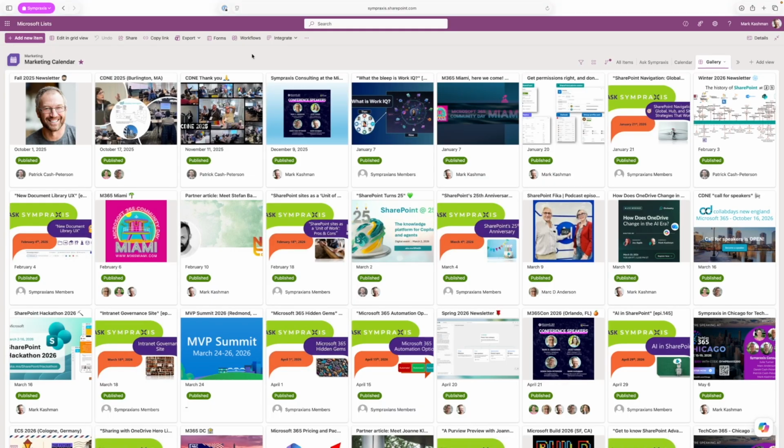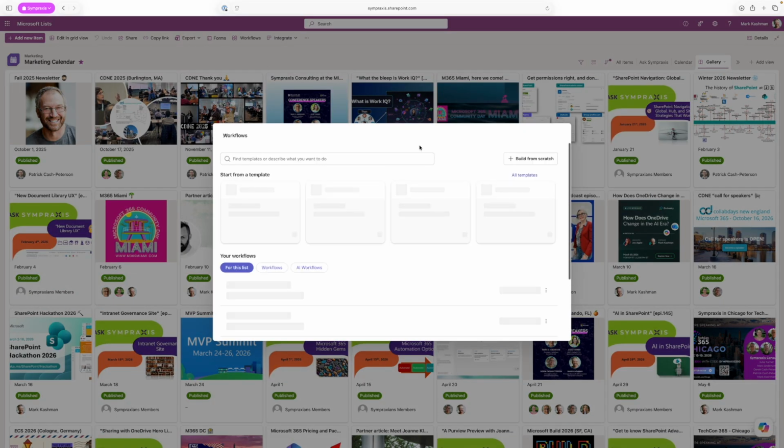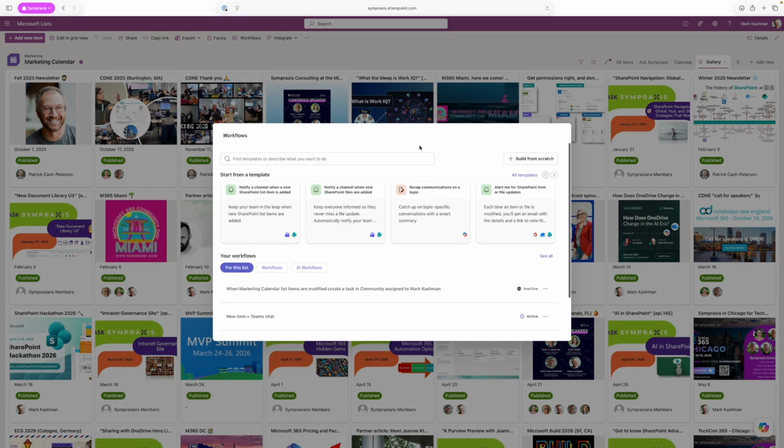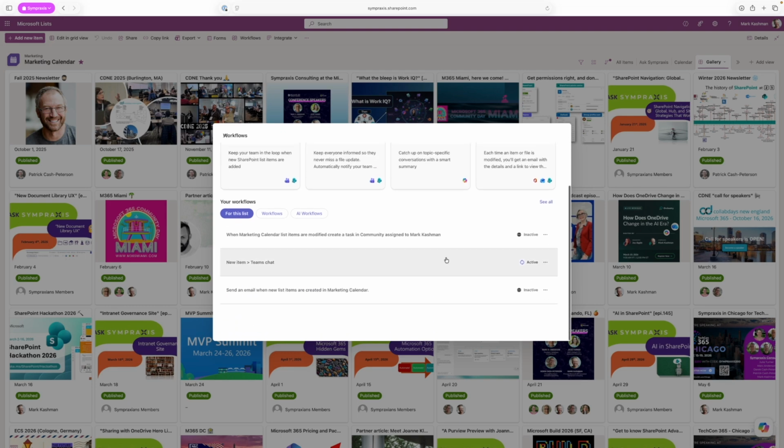And I'm in this list here for the marketing calendar that we maintain here at Sympraxis. And I'm just going to click right into it so you can see and start getting to the point where you want to try it yourself. So here is the Workflows button. And when it launches, it really is a vast array of things that you can do to build workflows on your lists or libraries. In this particular list, I've already got a few workflows that are created,